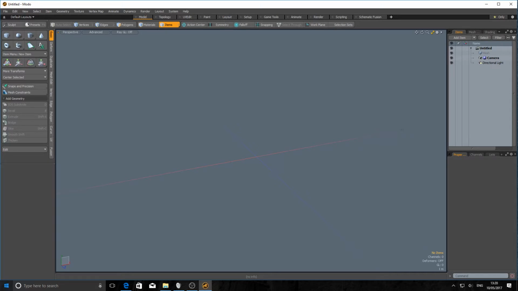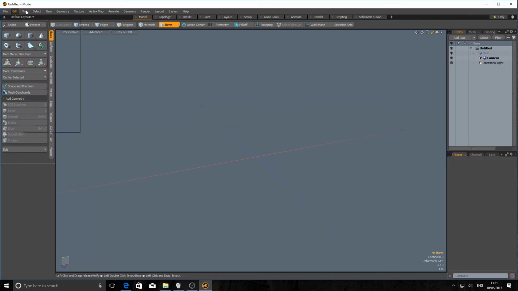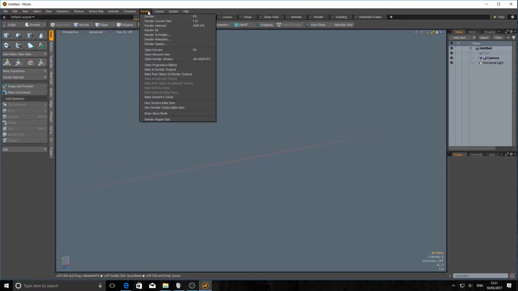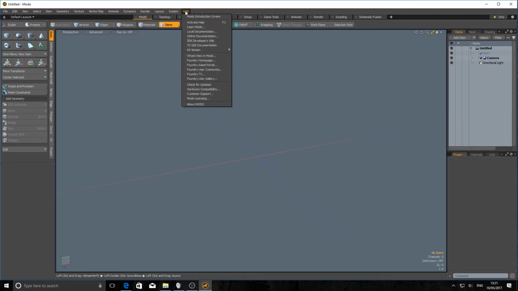When you first open up Modo, this is your default view. Most of the screen is taken up by the 3D window, but along the top you've got a fairly generic menu bar with sections such as File, where you can start a new project, open a recent project, save, export, import, etc. You've got Edit, View, Geometry, Render, Layout, etc. Lots of options in here. Underneath System you have your preferences, which we'll go into shortly, and next to that you've got a very useful